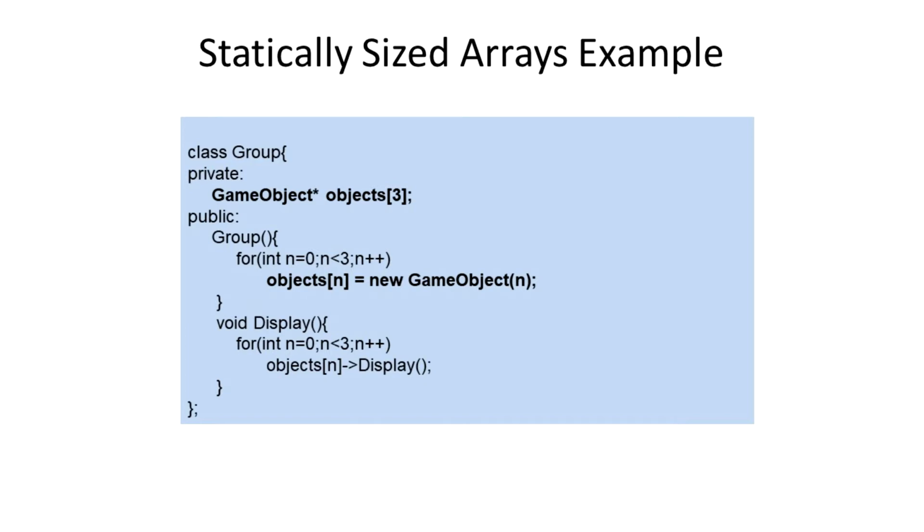I assume that's the ID being passed into the GameObject constructor. And so that's going to create a dynamic object on the heap, and therefore our array elements store the pointers to those objects on the heap. And then finally, in the display function, we're just dereferencing the display function for each of those dynamic objects. Therefore, we should see the IDs printed to the screen. Okay, so this is an example of a fixed sized array which stores pointers to objects rather than the objects